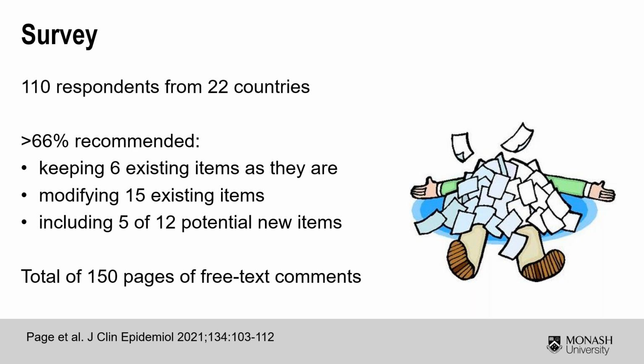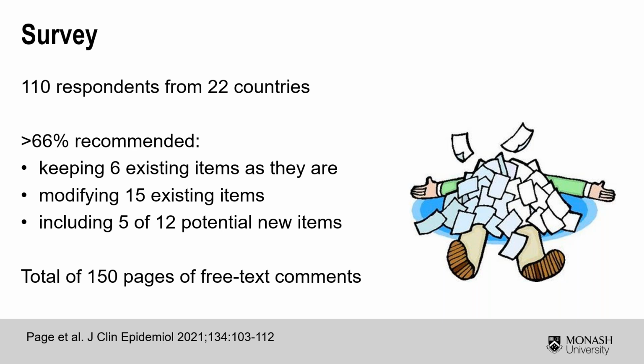12 potential new items. But one thing we weren't expecting was how many detailed comments people would provide in addition to the quantitative aspects of the survey. So we essentially had about 250 pages of free text comments to sift through across all the respondents, with a lot of people providing detailed justification for why they believed a certain item was essential to include or essential to modify in some way. So we ended up doing a bit of qualitative analysis of those